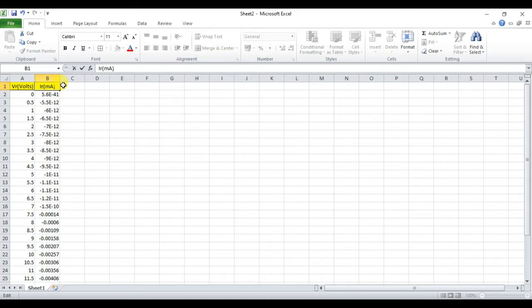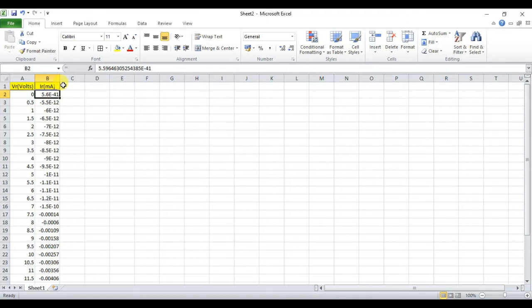The difference between Zener diode and PN junction diode currents is that here the current obtained in the reverse bias condition will be in the milliamps. Understood? Here the current obtained in the reverse bias condition for Zener diode will be in the milliamps, whereas in the PN junction diode the current obtained will be in the microamps.